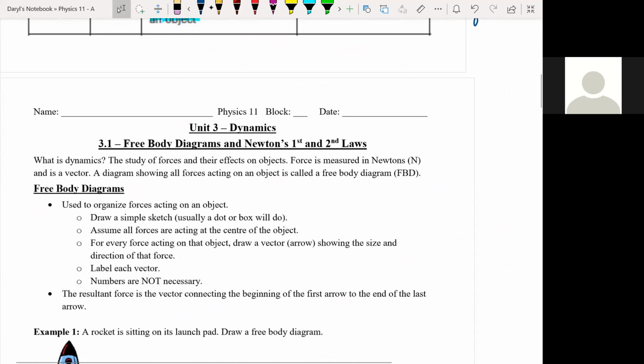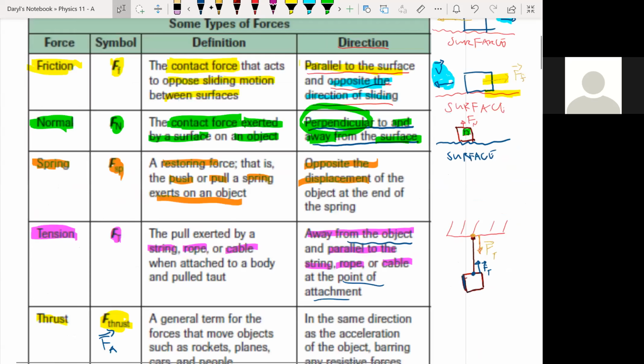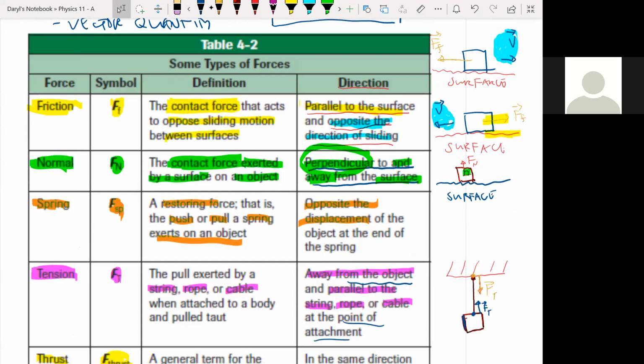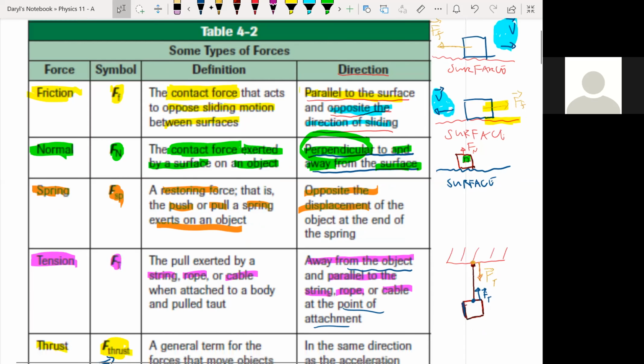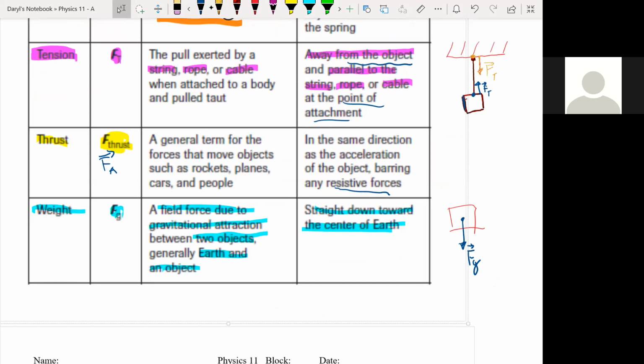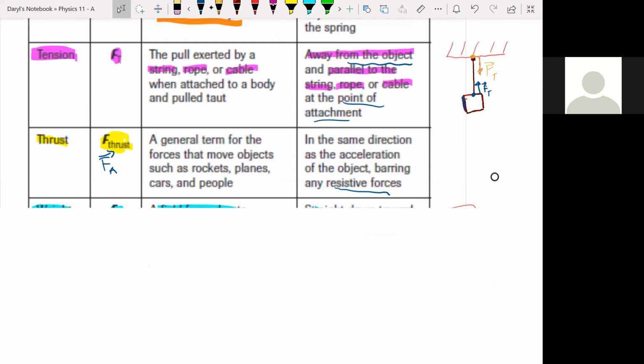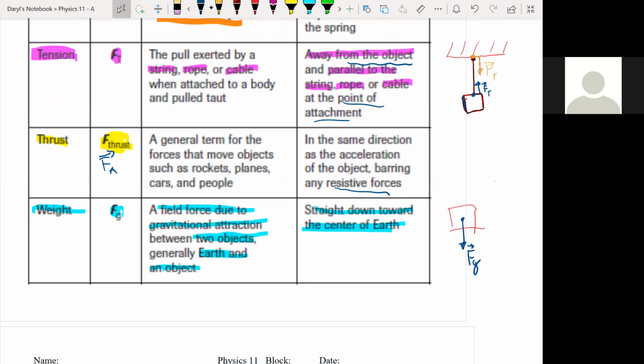Are there any questions so far with this one? These are just definitions. I won't ask you to memorize this, but it's always good to familiarize yourself with it. Because if you mess up the different forces acting on the object in your free body diagram,